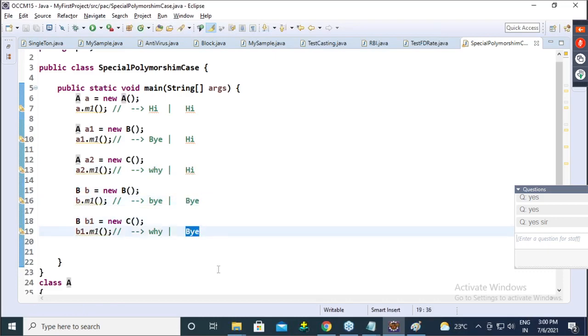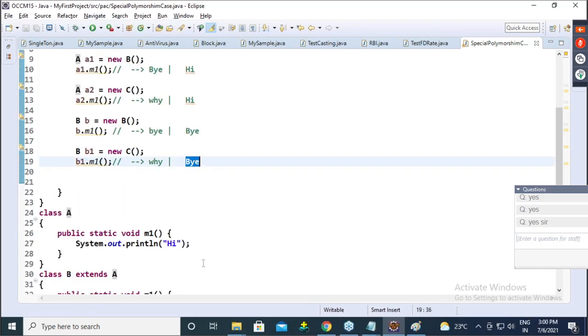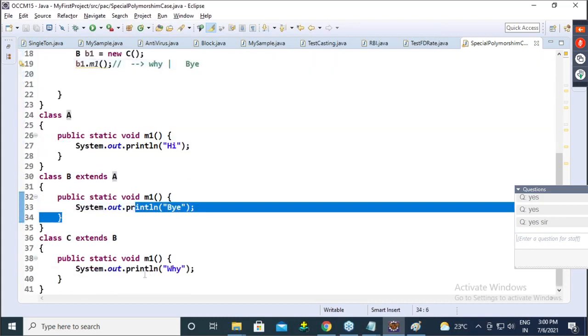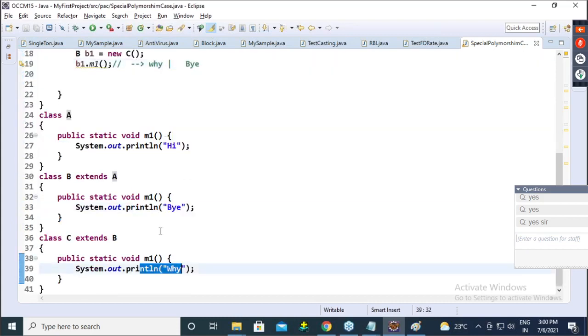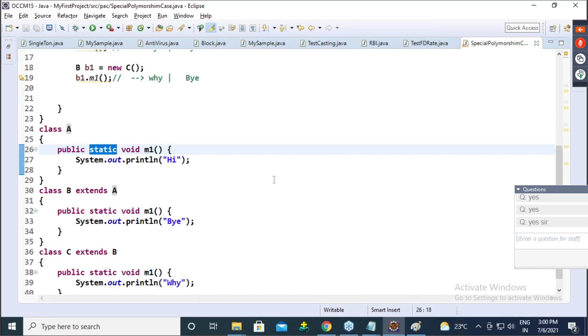Referred by B, so B implementation. Because it is a one-time inserted implementation, no one can change it. Because static cannot be overridden. Is everyone getting my point?